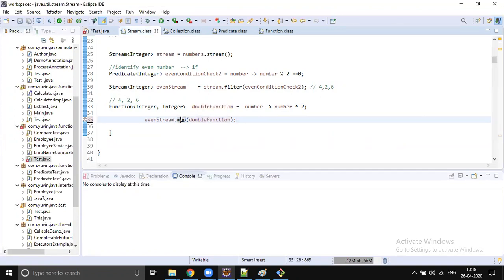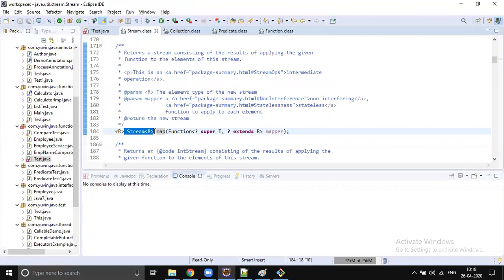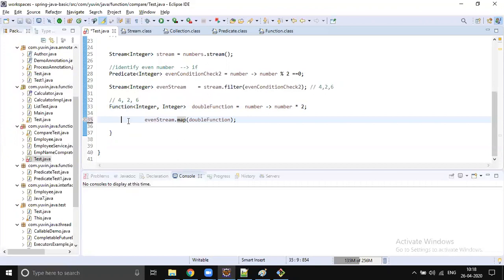Let's go to the method signature of map. We're going to get another stream, because a stream will never hold the data. So once you perform the operation, you must catch the stream. And what type of stream is it going to return? It's going to return an integer stream, and we can mark this as a double stream.